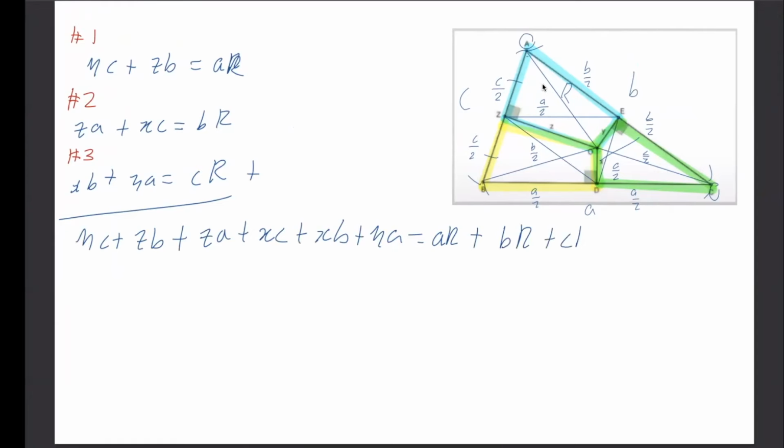br and cr. Now that we have that, we can actually now factor. No, not factor, but group. We're going to do that by doing A, B, C's on this side. A, B, C's. And this side, we're going to factor by R because it's all common. With that, we'll get R, A plus B plus C equals